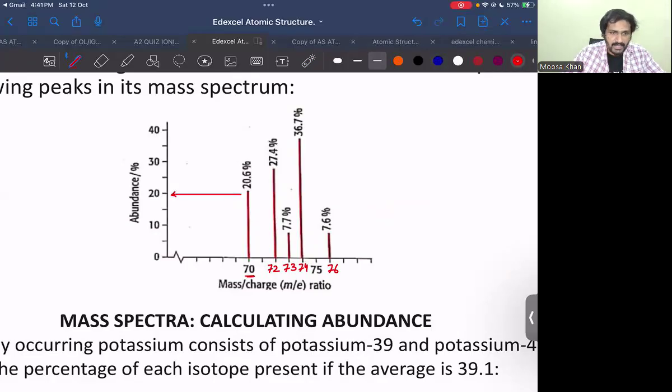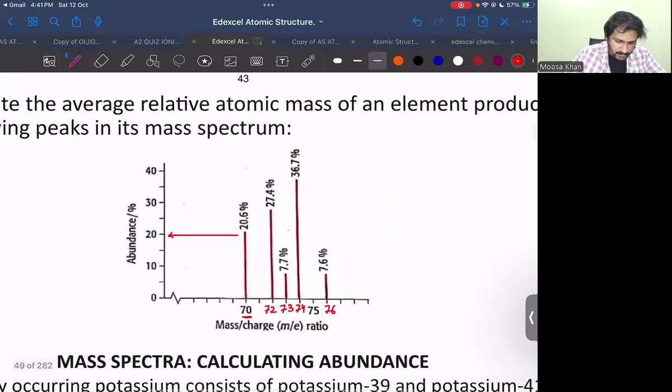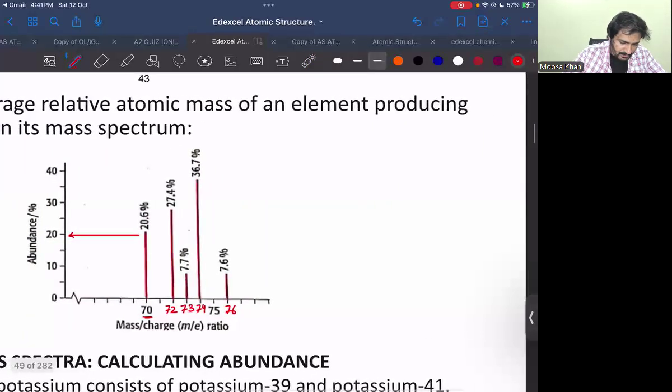So the first isotope has a mass number 70, and its percentage is 20.6. So we're going to take 20.6% of 70, plus the second isotope has a percentage abundance of 27.4, so 27.4% of 72, and 7.7% of 73,